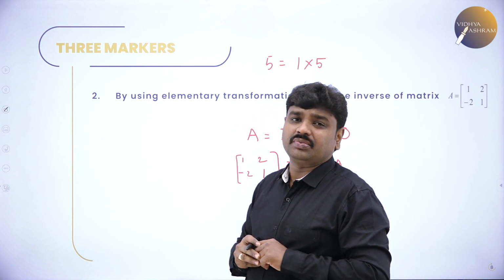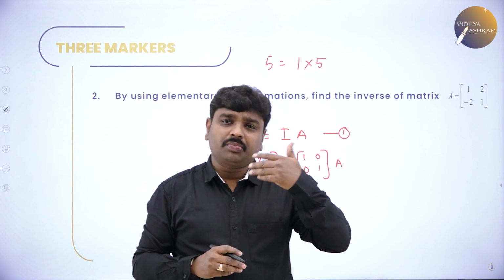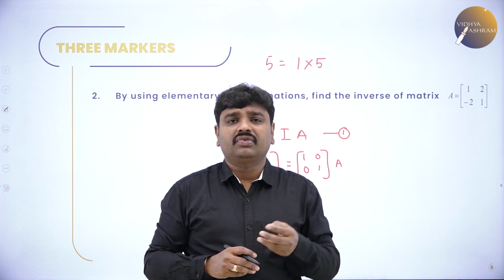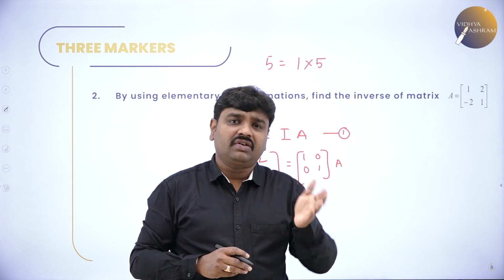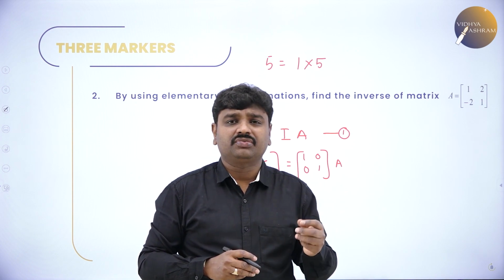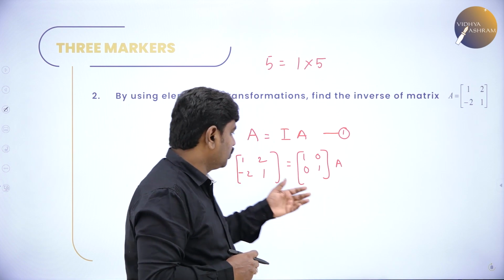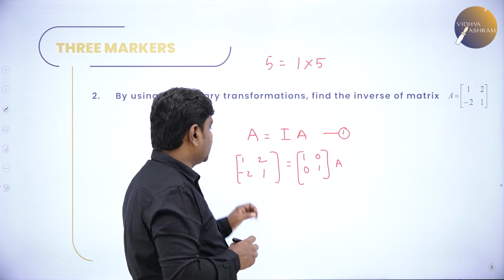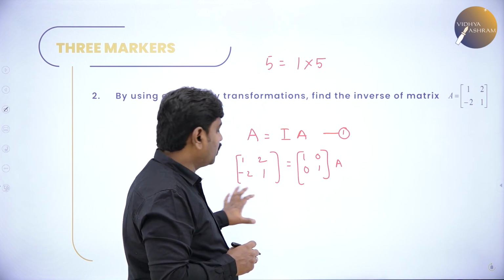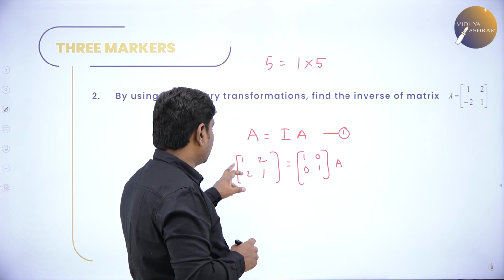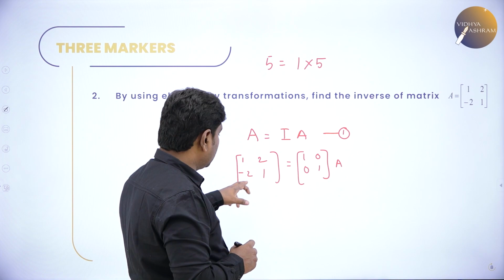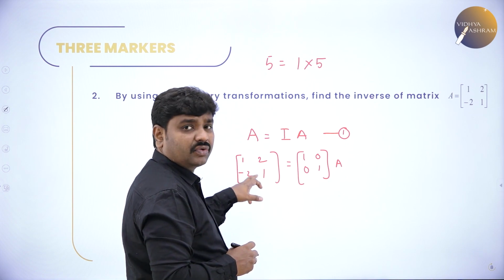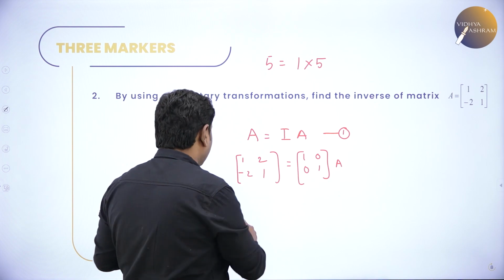Now we should do transformations. We can subtract one row from another row. We can add one row to another row. Similarly, we can do addition or subtraction of two columns. All those things we'll do. So our target is to make this identity. How to make this I? To make this I, first 1 should be there. It is there, so don't disturb this row. Second, we want 0. In the second row, second element, I want 0.